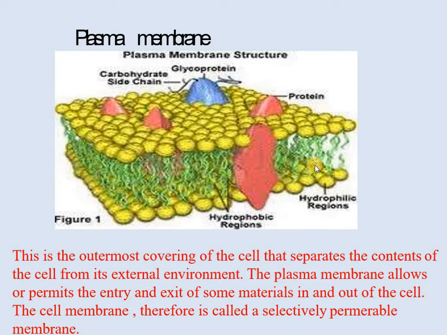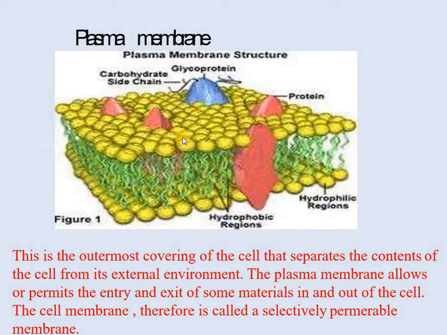The fine structure of the plasma membrane, as revealed by electron microscopic studies, appears to be in three layers. It is a trilamellar membrane, having three layers. This model is the most recent and accepted model, the model shown in this picture. It was proposed by Singer and Nicolson in the year 1972.